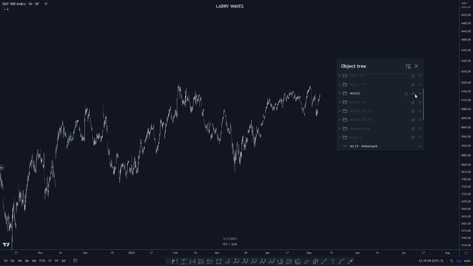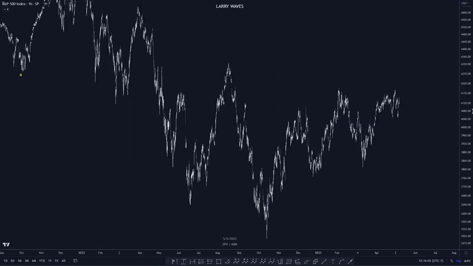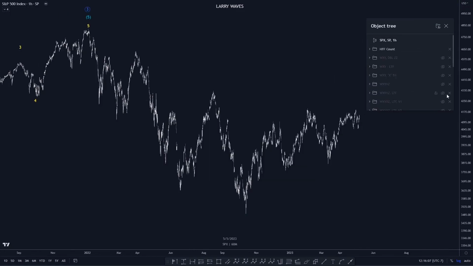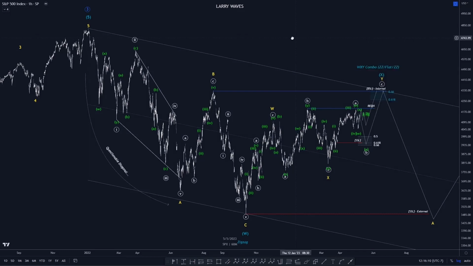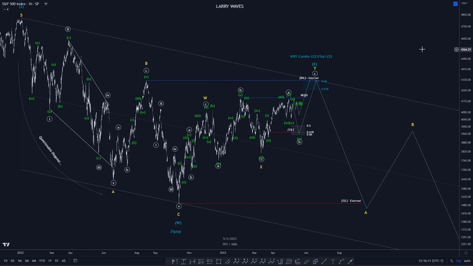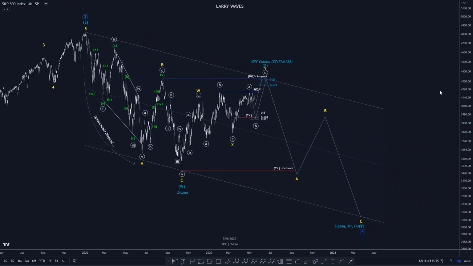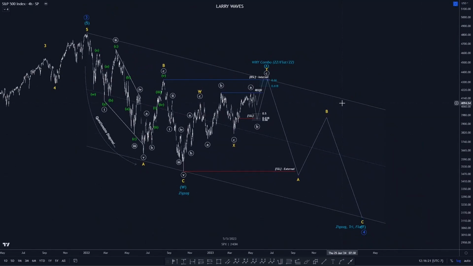And then lastly, like I said, I'm getting creative. So kind of looking at the structure differently if I can. Meaning, for right now, I'm seeing this as still a WXY, but in a different manner, where this is a potential diagonal here for an A wave. It is questionable, and I can discuss that more later in our Discord and the reasons for that. But we have a potential A, B, C for a zigzag,